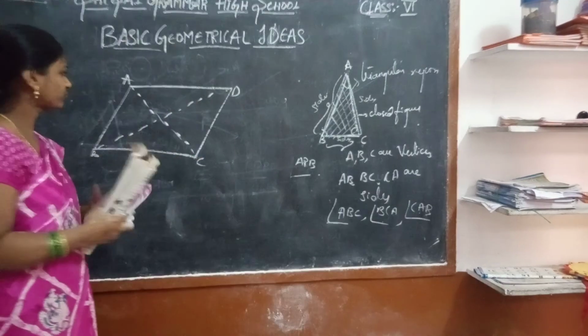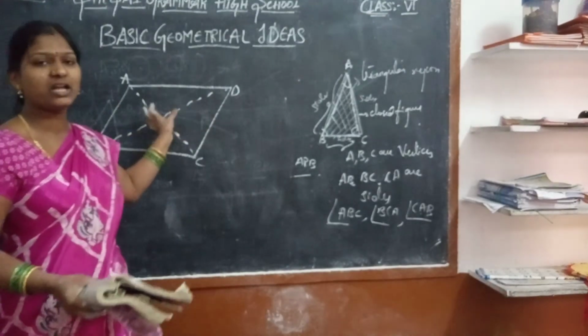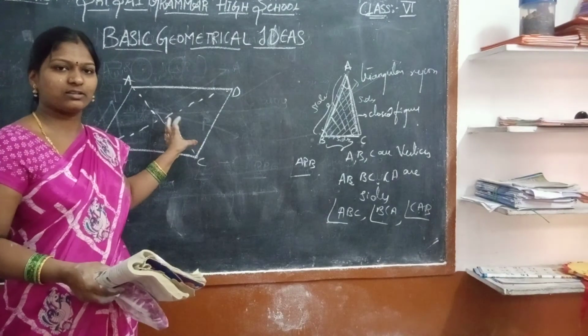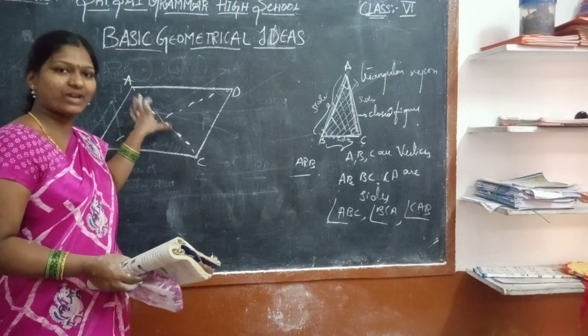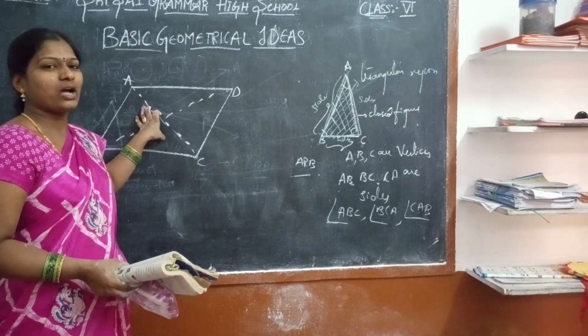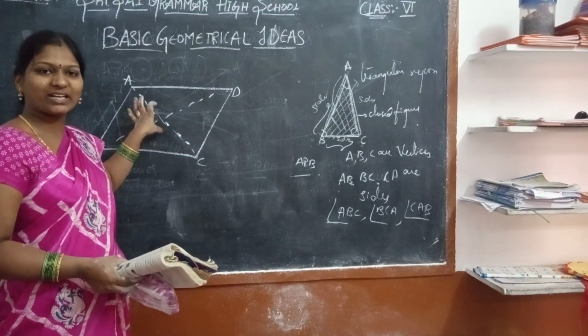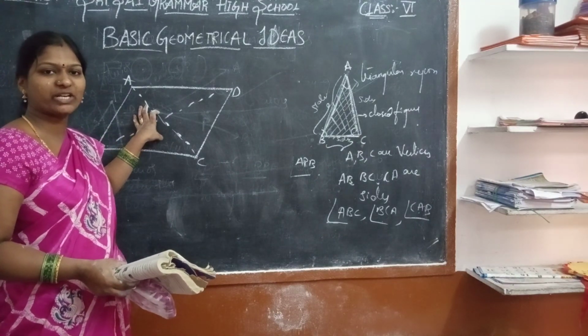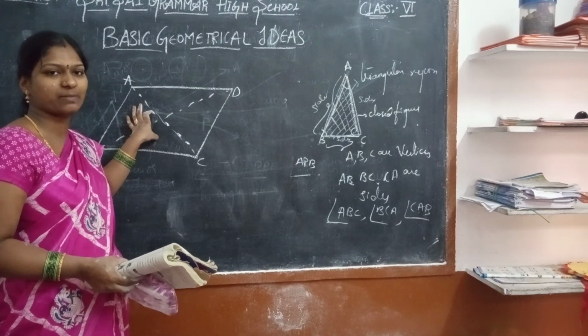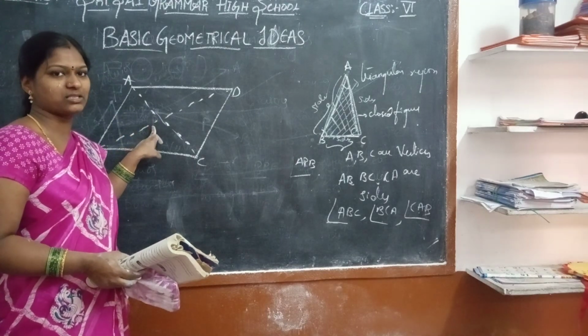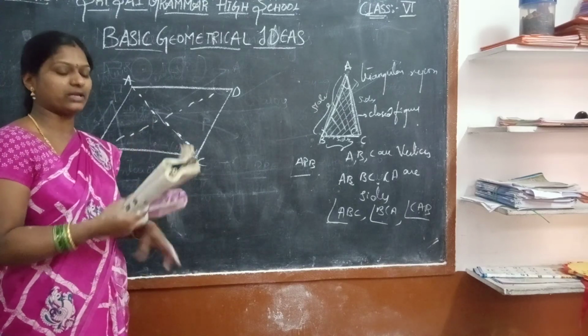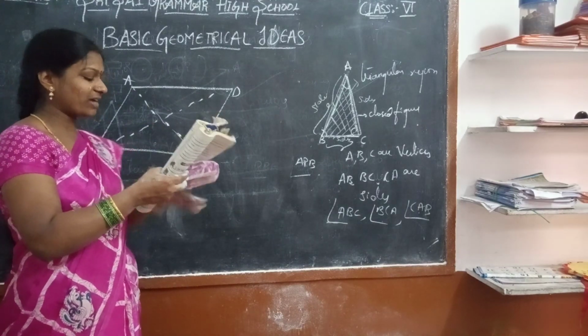A, B, C, D are the quadrilateral. In this we are going to learn what the vertices are, how to represent the vertices, how to represent the sides, and how to represent the angles. Clear? Here, a quadrilateral is a...